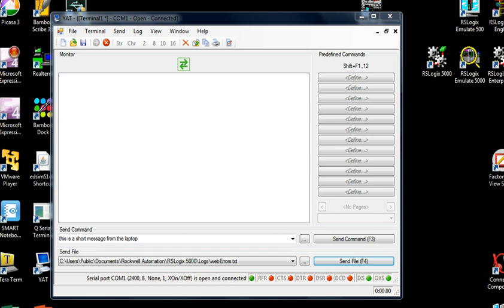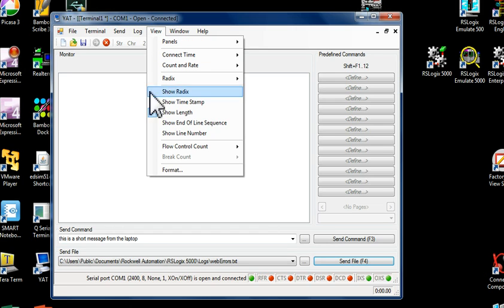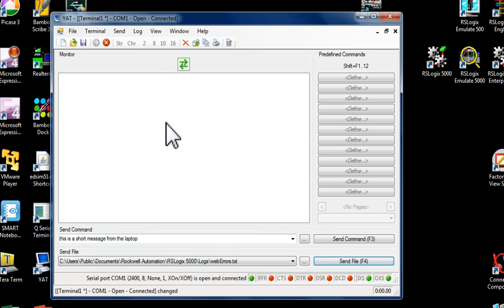This is the second part of the RS-232 lab where we've got two computers that are communicating with each other. First of all, let's go up and change some of the view parameters around. One of the view parameters that might be nice to have is show length and also end of line sequence. So if I send a message from a desktop,